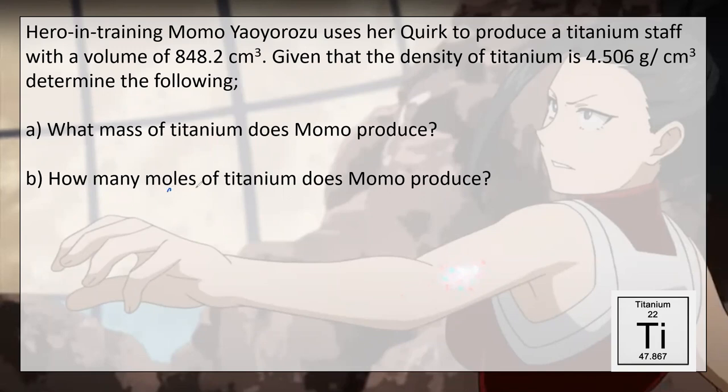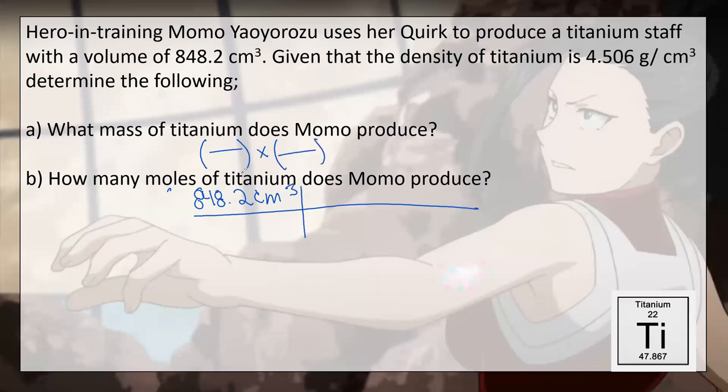So we simply start with 848.2 centimeters cubed. I always draw a line when I'm doing my dimensional analysis. If you prefer to write it out like this, do what feels more comfortable. This line and the vertical line, meaning multiplication, really helps me keep track of what I'm doing. But if it doesn't help you, don't use it. And then our density conversion is